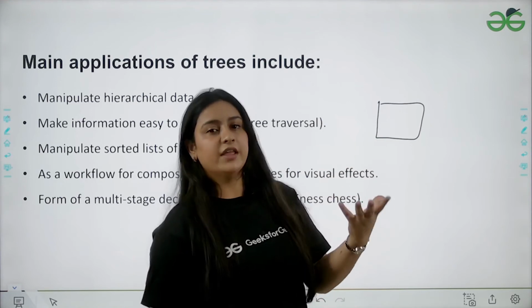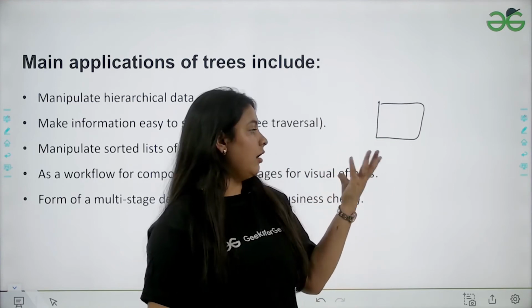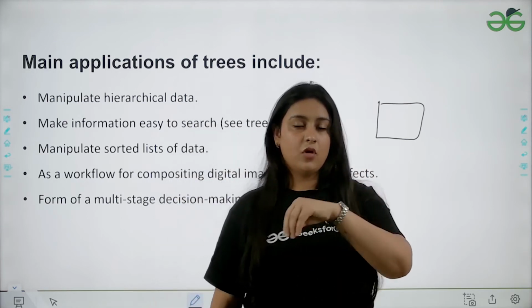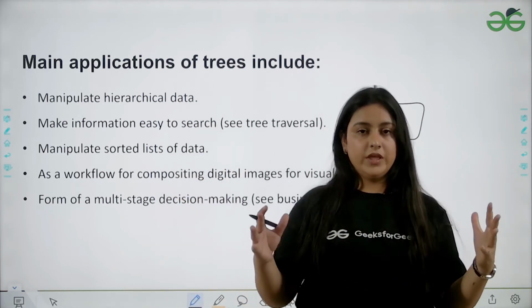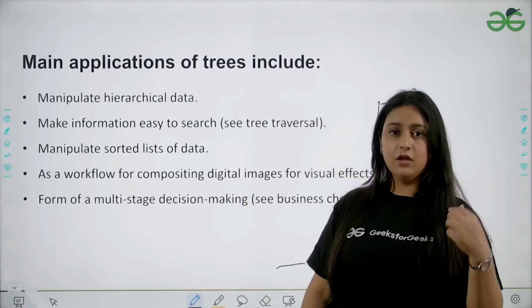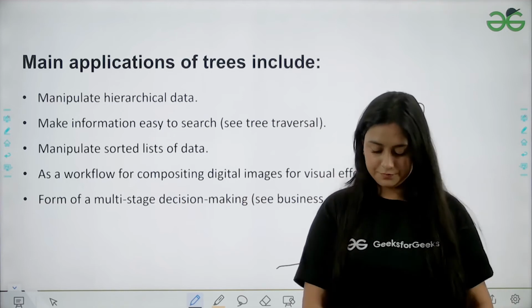So when we design this kind of thing in our computer system, we have multiple options to do that. So we use trees to decide our next move.